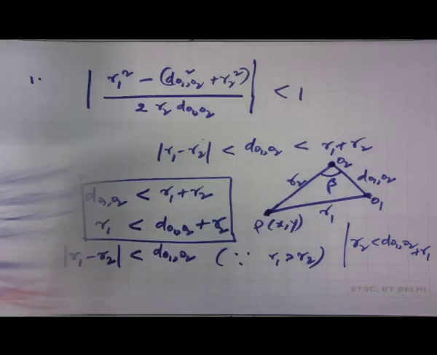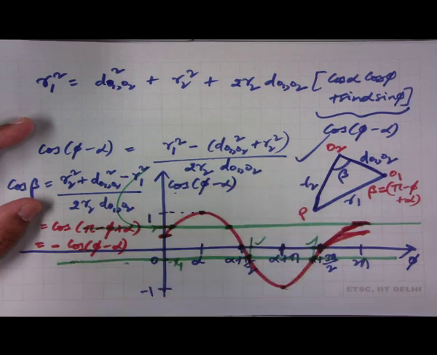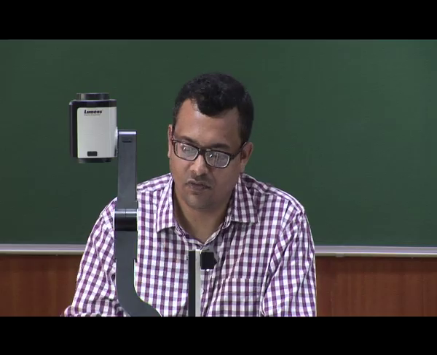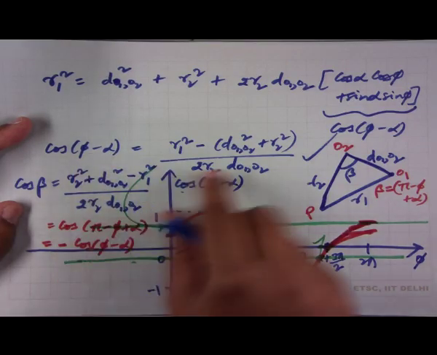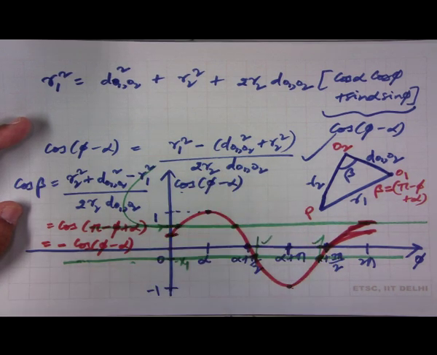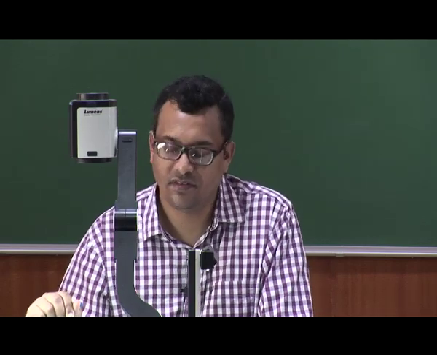So, if we assume that condition, in which there are two distinct solutions of phi, which basically means that we are assuming that the two circles intersect at two different points,